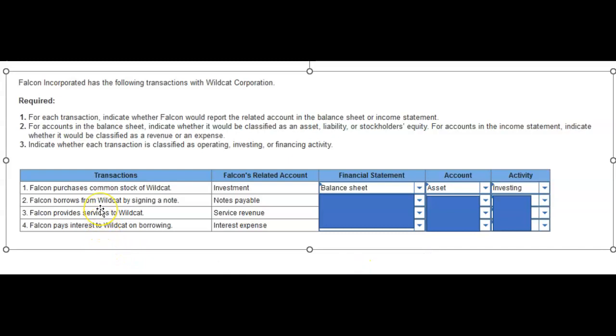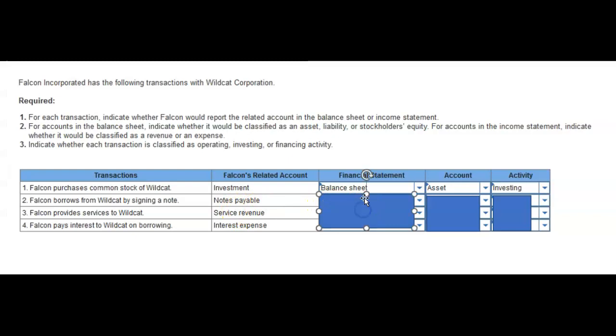Okay, now Falcon also borrows from Wildcat by signing a note. So now they're borrowing. That represents an obligation. We would record it as notes payable. That would be recorded on the balance sheet as well, only this time it's a liability. Okay, anytime we impact long-term liabilities or owner's equity, except when it impacts net income for the period, that's a